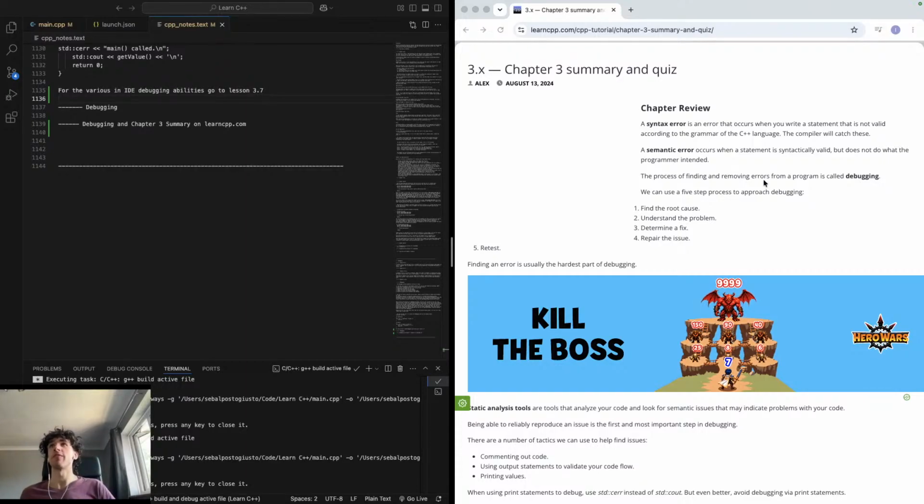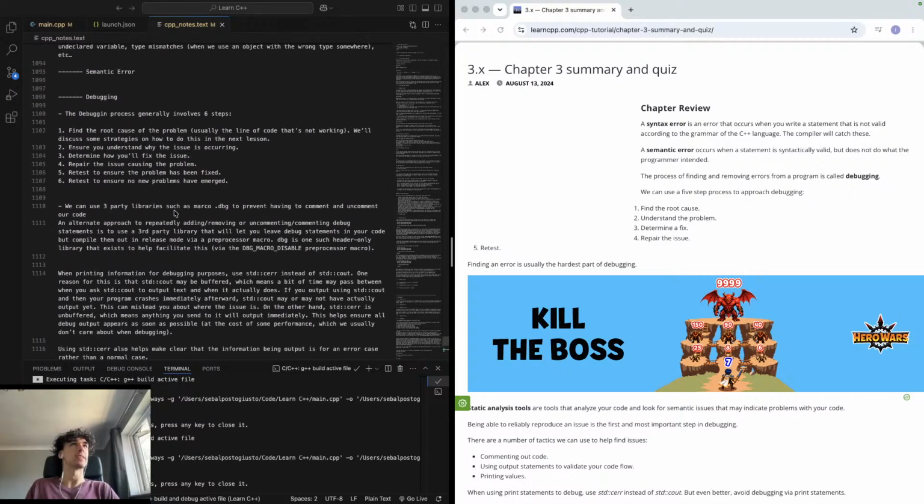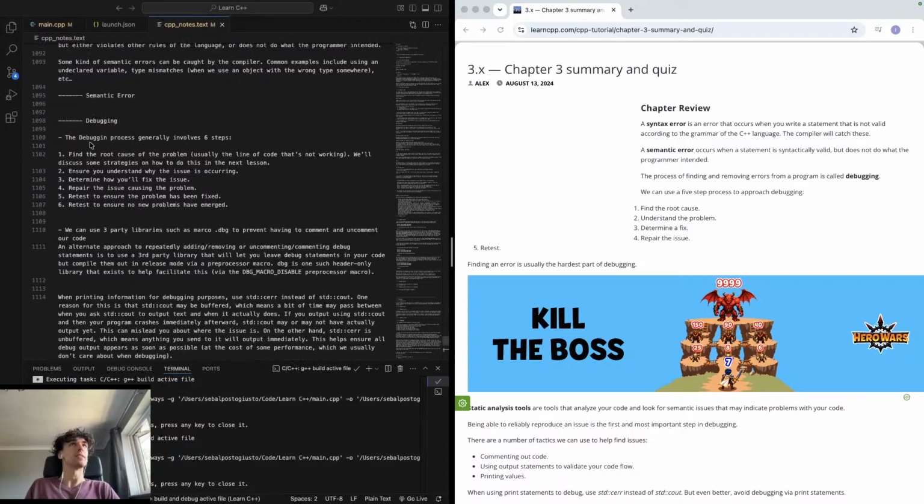The process of removing errors is debugging, and then we did the 5-step process, but I thought there was 6. Yeah, there was. Debugging generally involves 6. Find the root cause, understand the problem, determine the fix, repair the issue, retest. Okay, so the 6th step is not included here,